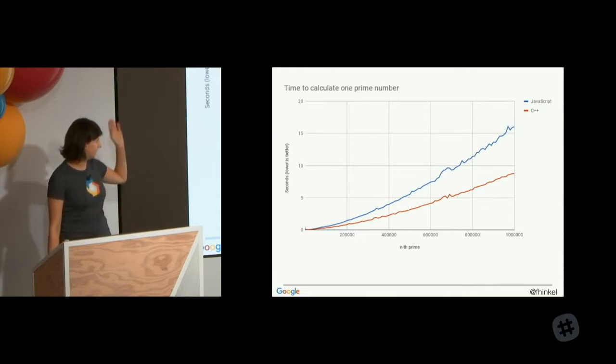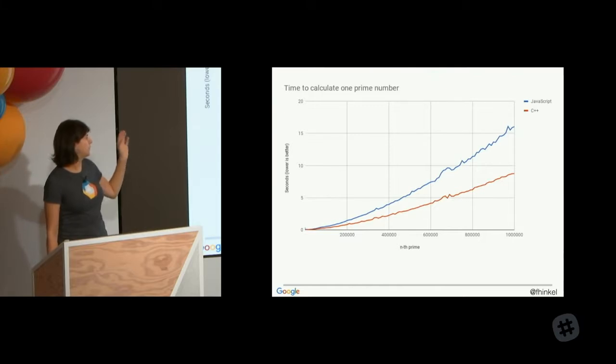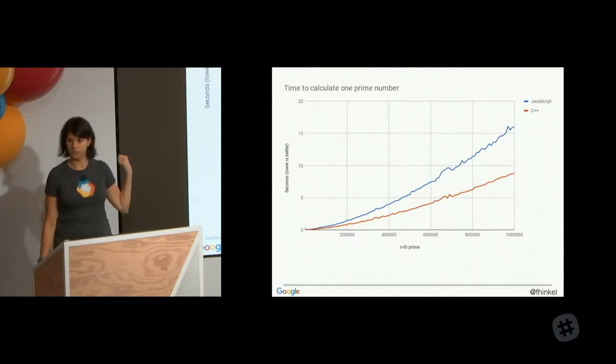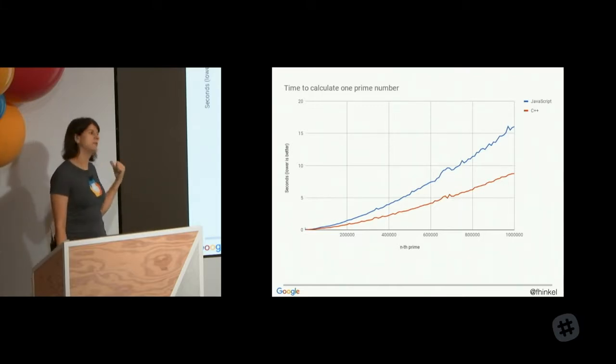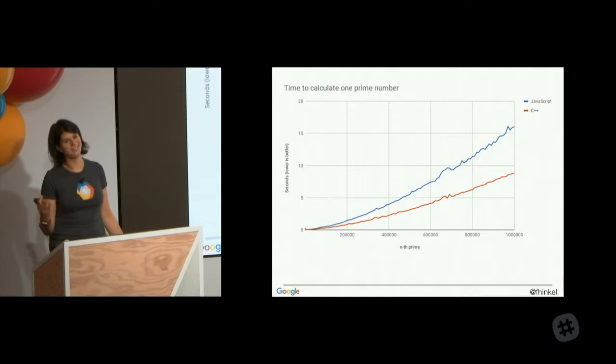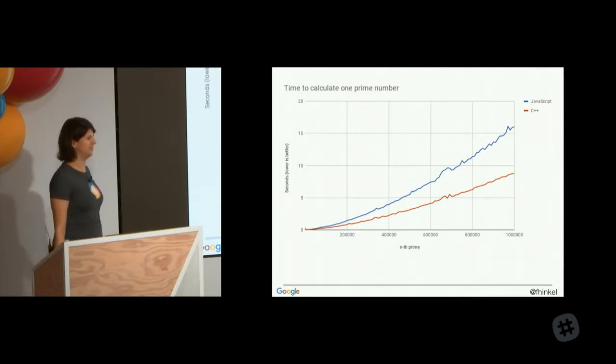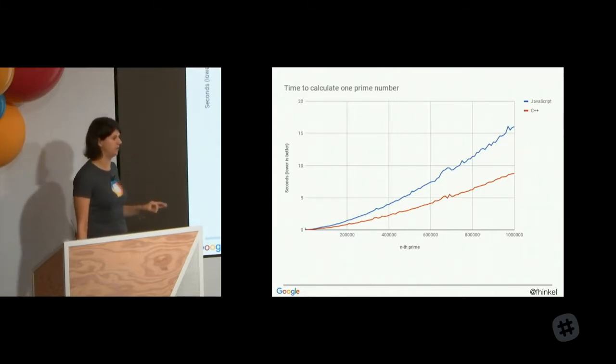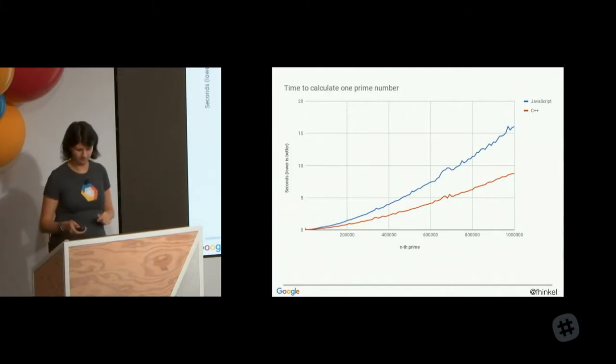Yes, it's a little bit slower, but it's not exponentially slower or anything. You can calculate the millionth prime number, and it would take you 8 seconds with my terrible C++ algorithm. But the same terrible JavaScript algorithm only takes 15 seconds. It's not that much worse. OK, you're shaking your head. It's twice as slow, but it's actually really good. If you go back to this other slide where you think about how much work it is for a compiler to just get a property of an object, this is absolutely amazing.